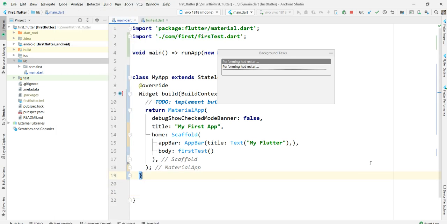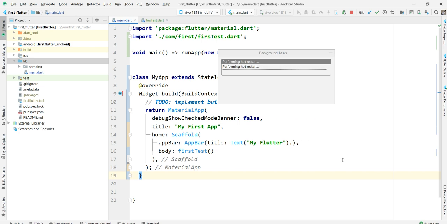It's taking a little bit of time to start this. Oh, it's taking too much time to run.